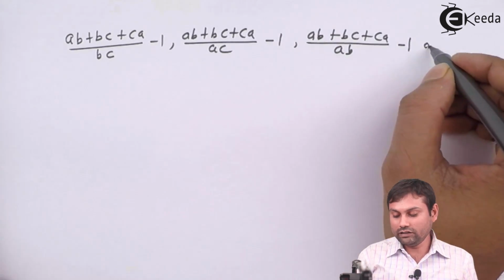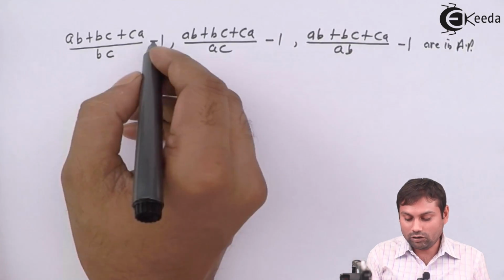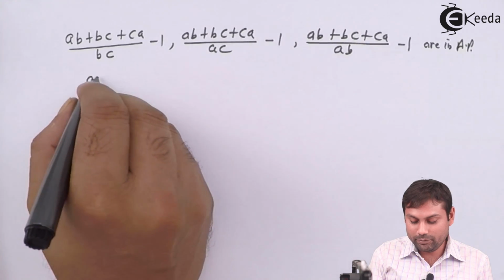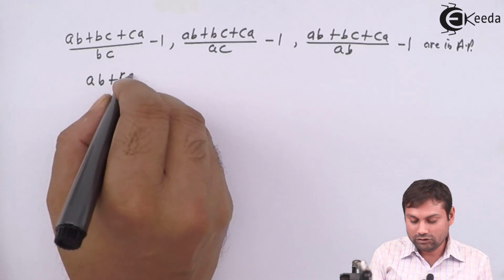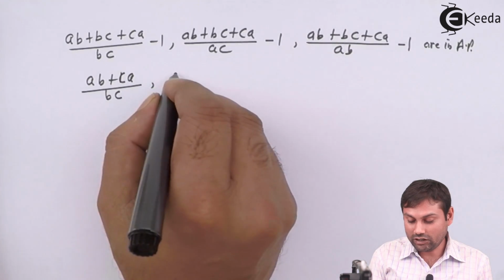This also are in AP. Now solve this. So we'll get AB plus CA upon BC, and here